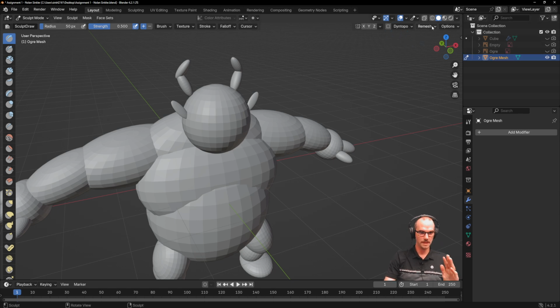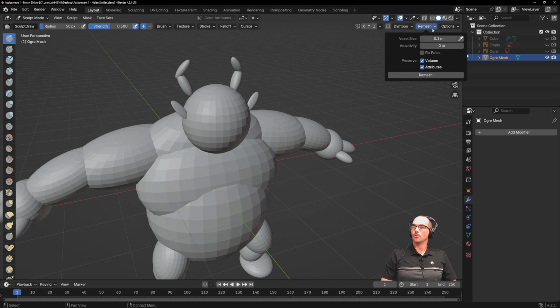So what's really handy, if we're in sculpt mode with the Ogre Mesh selected, is we can remesh this, and it's going to convert all of these. It's going to basically make a new mesh based on the outside of this. This is a good point to save. If you haven't saved already, do a little Control S. I'm going to do it right now, because remesh and dynamic topology is hardware intensive on your computer, and it can crash, and it has crashed for many a person. So remesh,